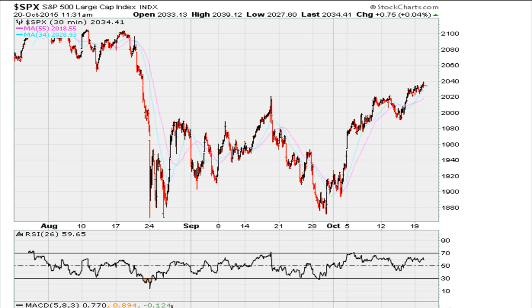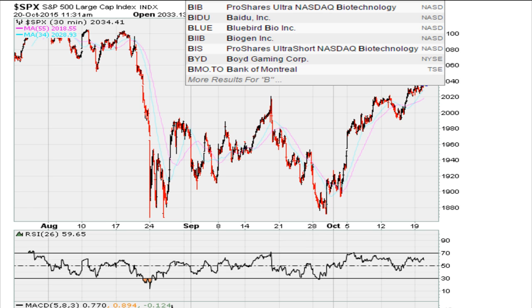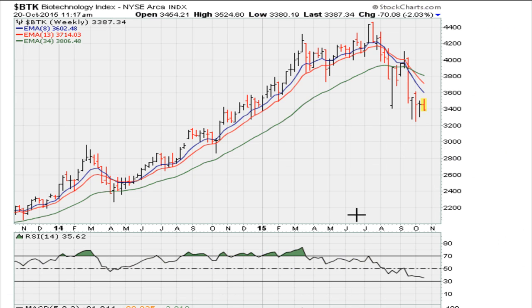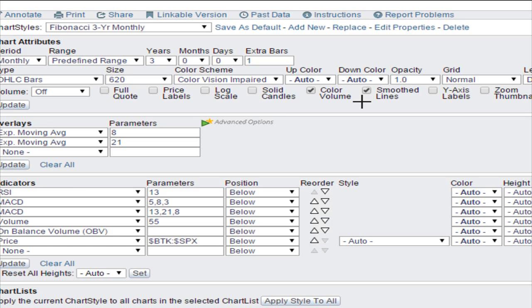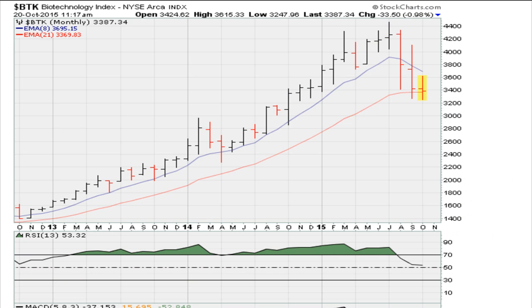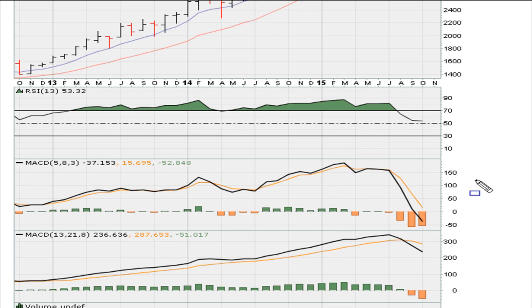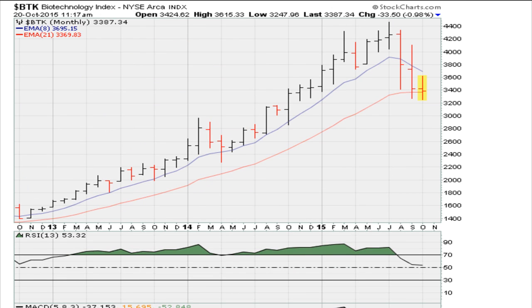Let's take a look at another sector of the market, and we go to the BTK, the biotech space, and let's go to the monthly. As of right now, the biotech space is down for the month, just about 1%. It doesn't look that bad because it could find support going into November and find support at the 50, which would be good. But as of right now, if we take the information in front of us, we are down for the month, which means that we are pressing to fresh 3-year lows on the monthly